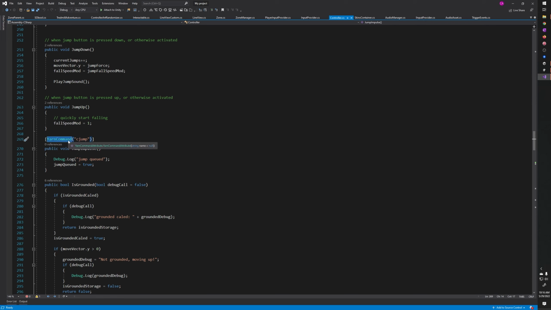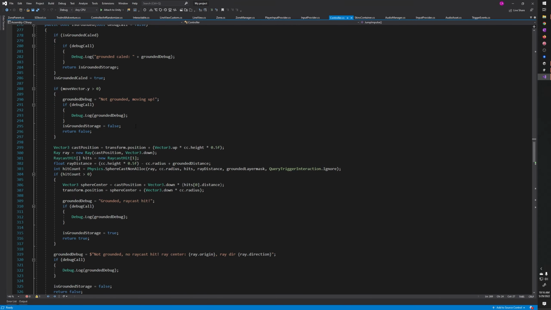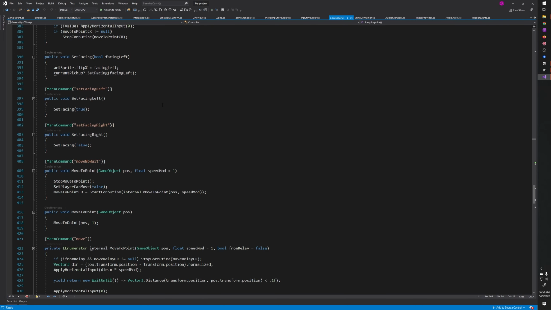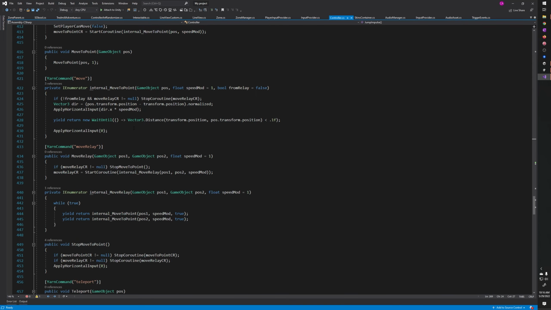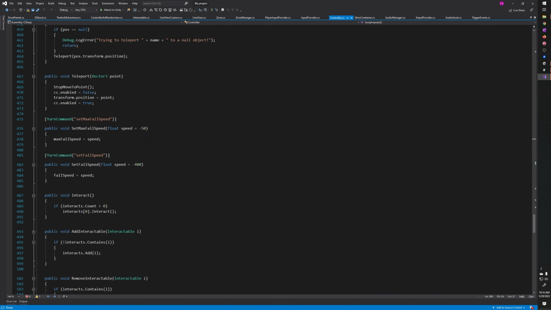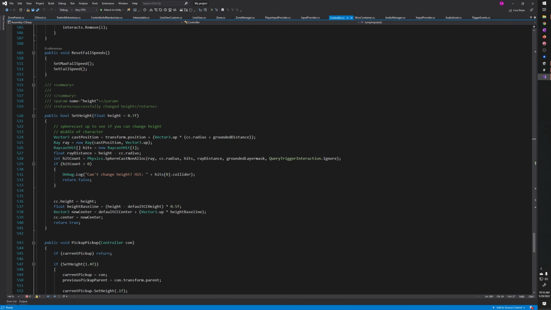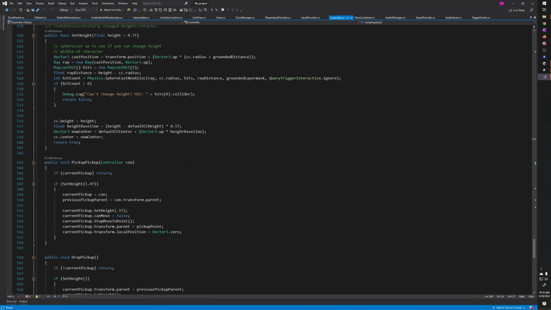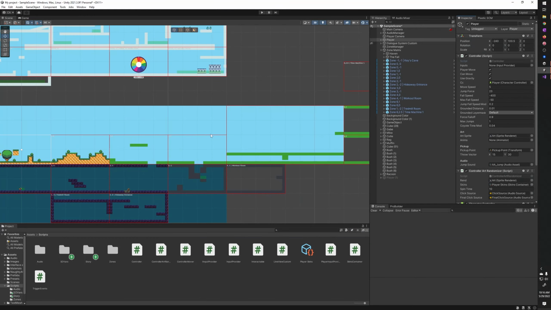If it has a yarn command, that means that I can actually run this command through the dialogue system. So if I want to make a character jump, I just type C jump, because jump is already a default command in Yarn for the language, so you can't actually use that. But C jump, for like character jump. I forget that a lot. But I have a whole bunch of methods down here that I can use to interact with the character controllers outside of player input, which allows a lot of flexibility in moving them and directing them through the dialogue system,